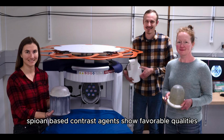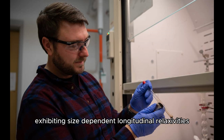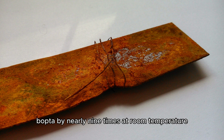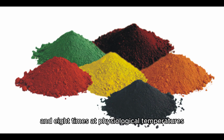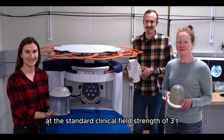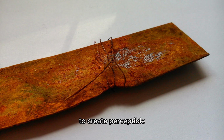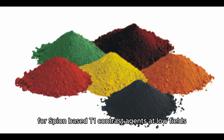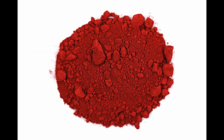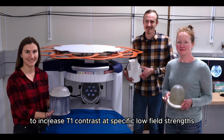The researchers determined that SPION-based contrast agents show favorable qualities as T1 contrast agents for low-field MRI, exhibiting size-dependent longitudinal relaxivities and outperforming Gd-BOPTA by nearly 9 times at room temperature and 8 times at physiological temperatures. They also observed that the longitudinal relaxivities of SPIONs at 64 millitesla were nearly an order of magnitude larger than at the standard clinical field strength of 3T. A high relaxivity enables use of smaller quantities of contrast to create perceptible bright markers on an MR image. Oberdick advises that the team now plans to explore the optimal properties for SPION-based T1 contrast agents at low fields. Future work may use custom synthesis of nanoparticles to create SPIONs with engineered sizes and magnetic properties to increase T1 contrast at